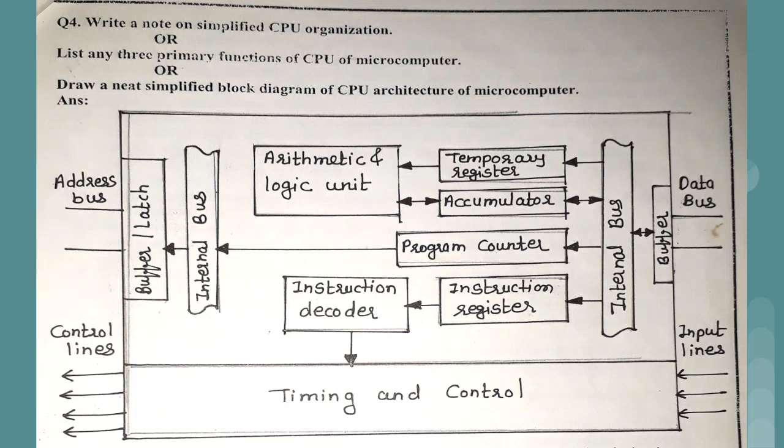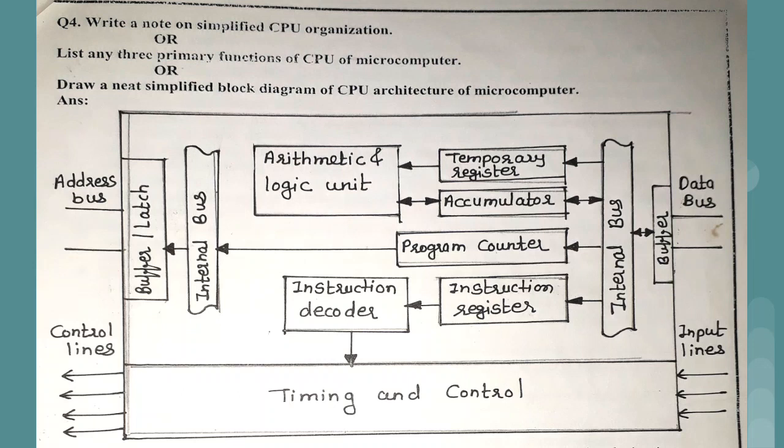Then we are having one more register, accumulator. Accumulator is nothing but one important register. Means whenever the arithmetic logic unit performs any type of operation, the final result is always stored inside the accumulator only. So from the accumulator the data is sent to the arithmetic logic unit, and from the arithmetic and logic unit the result which is produced is again sent to the accumulator. This is the reason why, if you notice the arrows, the accumulator arrow is bidirectional.